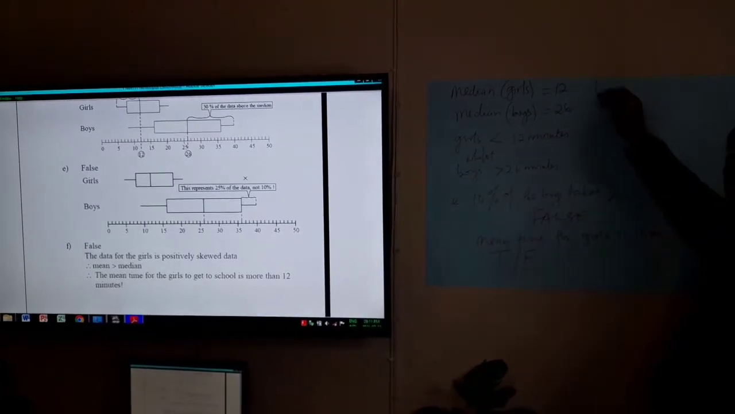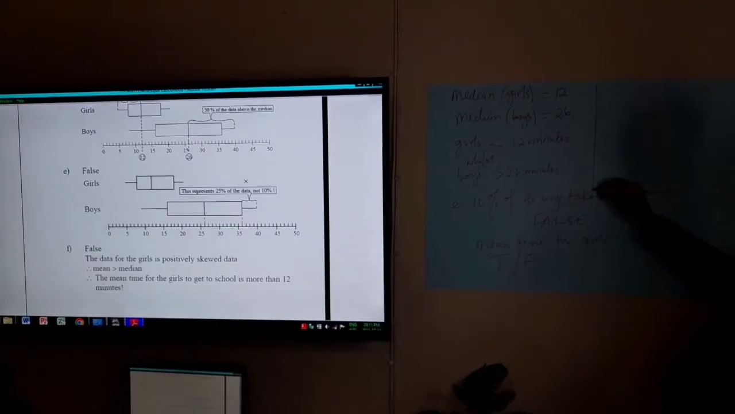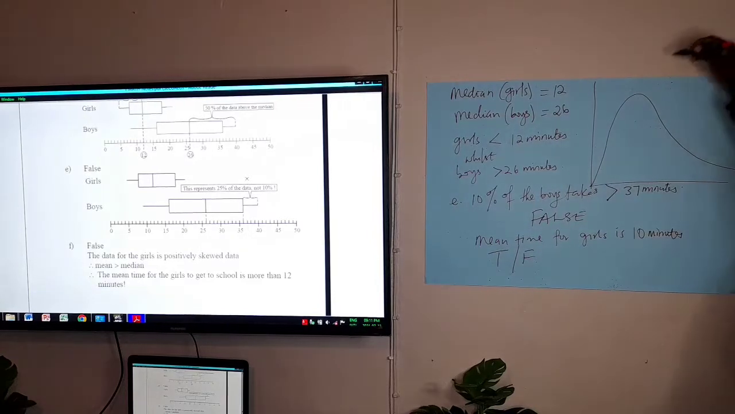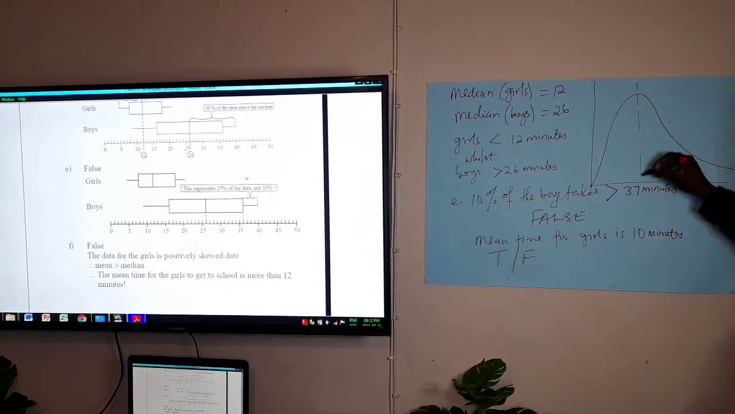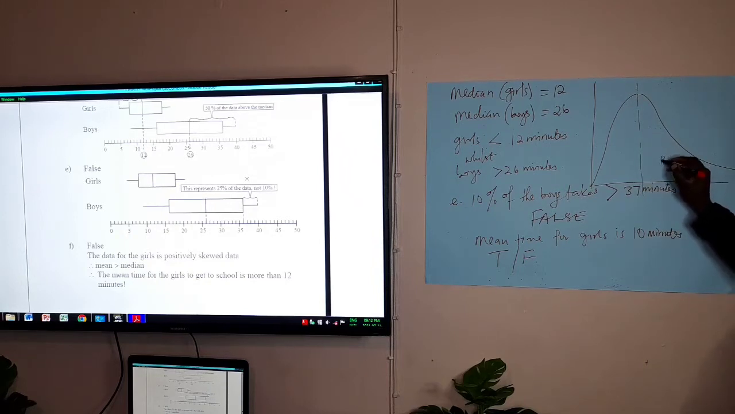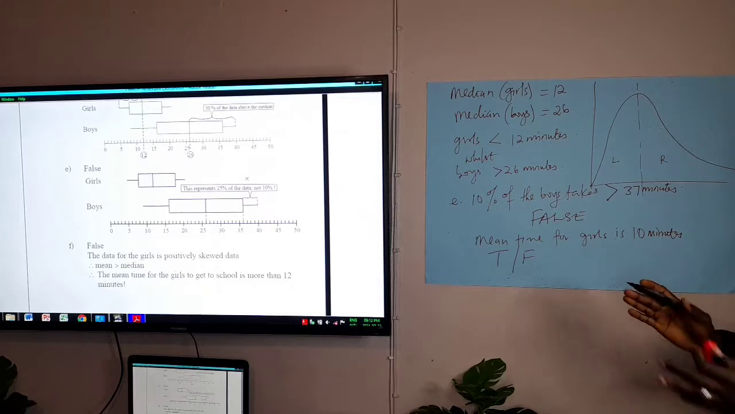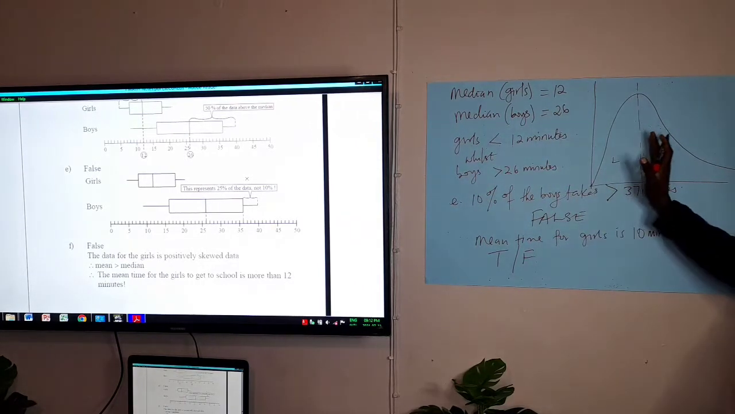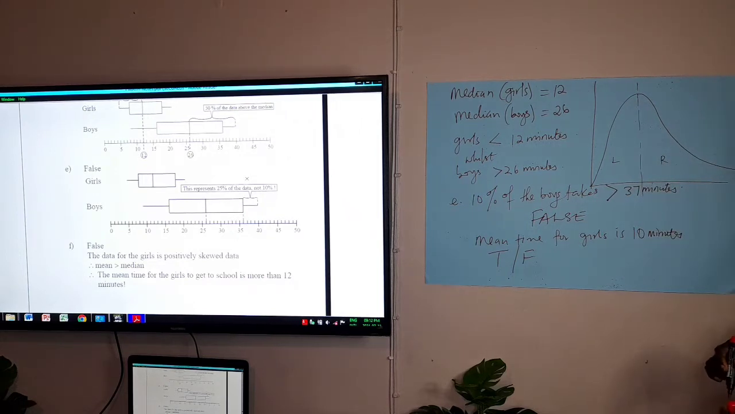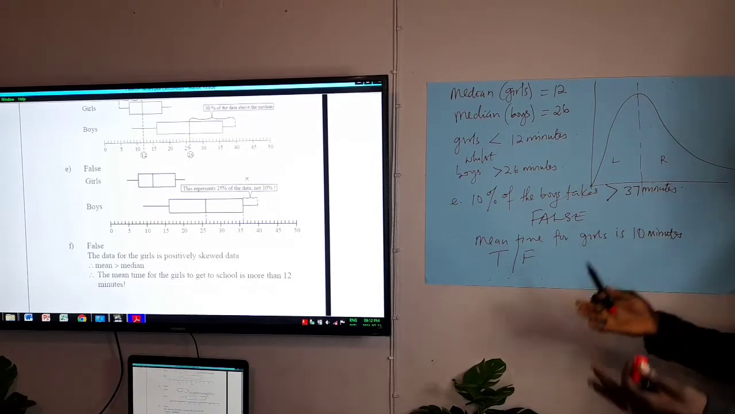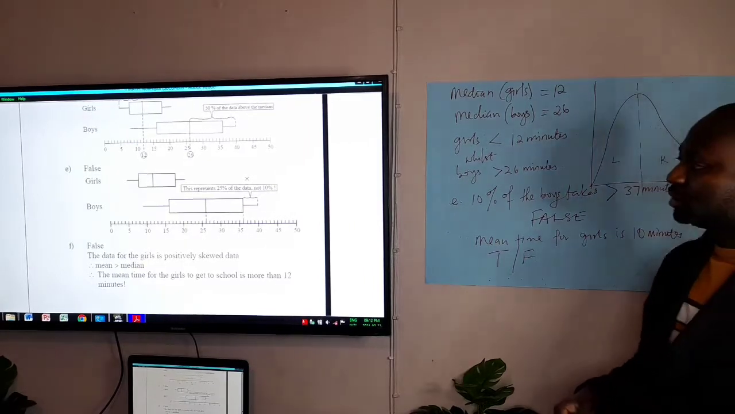When we say positively skewed, it simply means the shape is something like this. That means you have your median somewhere here, and then this side is the biggest side, which is the right side, and the left side of the box. So you can see that on the girl side of the box, the graph is skewed to the right, so it is positively skewed. Therefore, the answer is that the mean time for the girls to get to school, which is 10 minutes, is false,